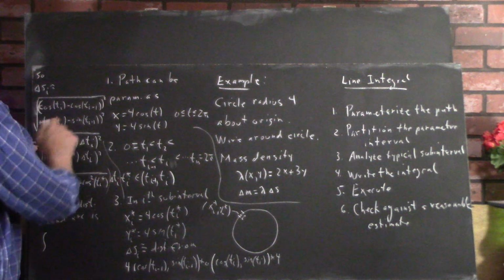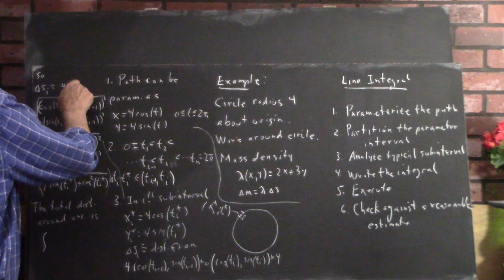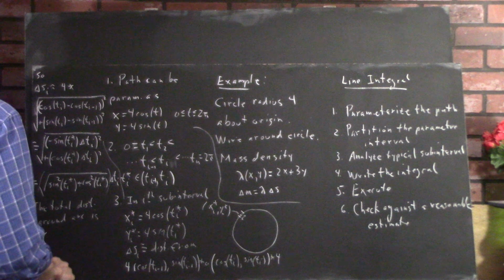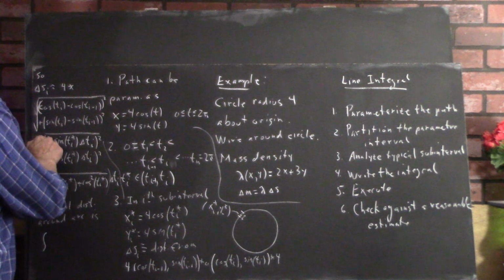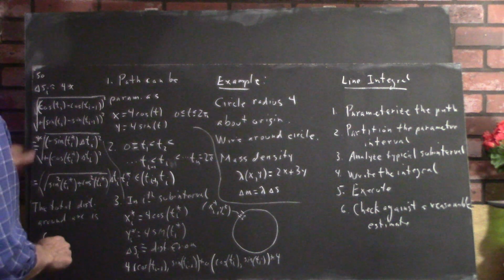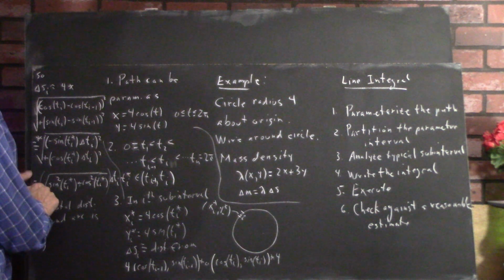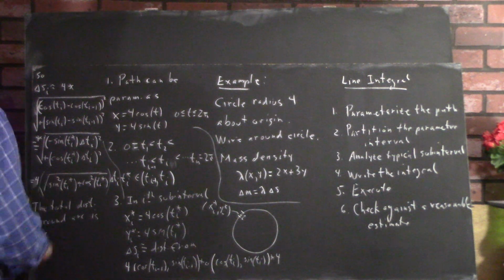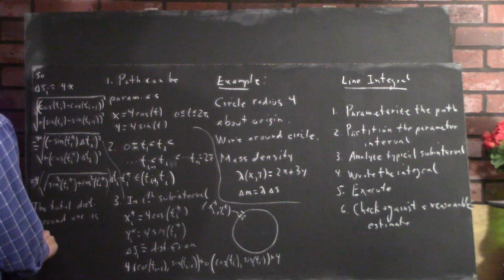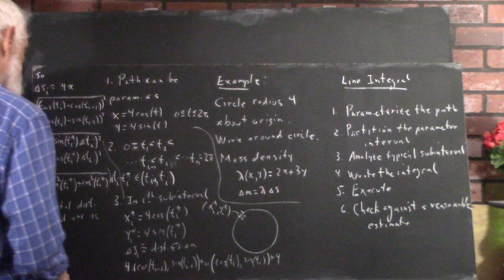I don't have room to write the 4 times here. I'm going to put 4 times here. It's not a 4th root. I can sneak in a 4 here. Okay, then the integral is going to be 4 times the integral